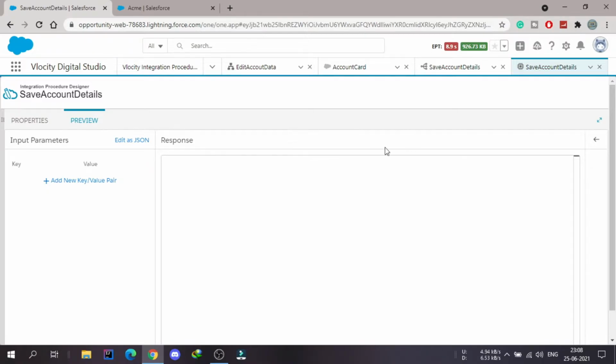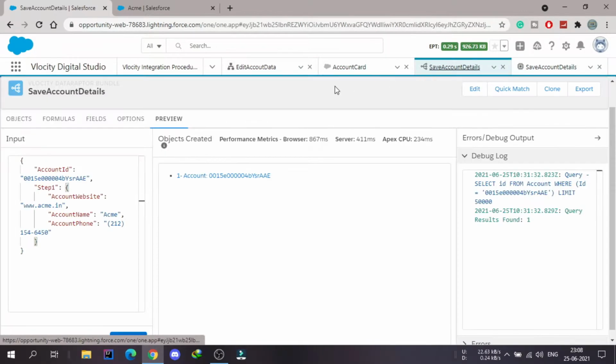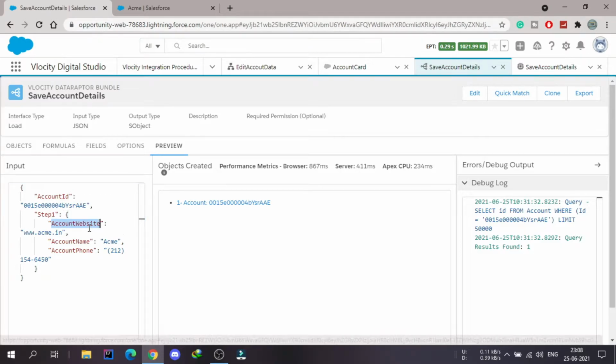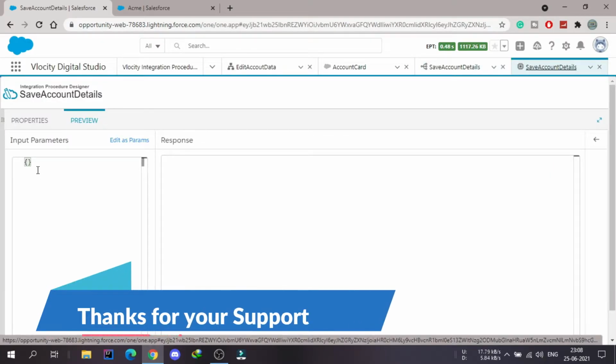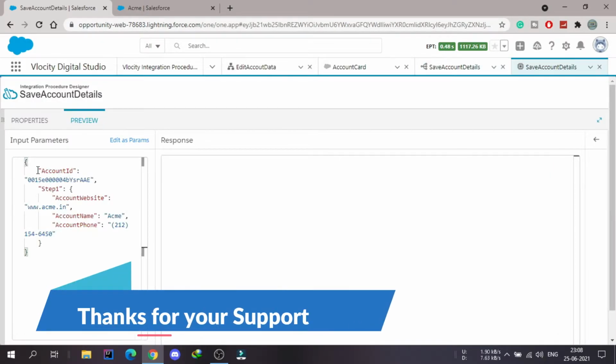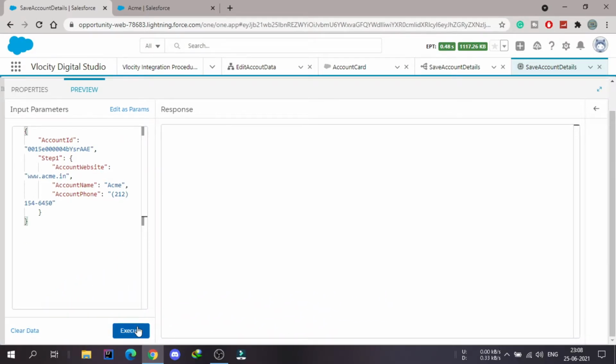So inside this preview I need to pass the JSON which is coming from the Omni script. So I will use the same Omni script which is there inside the data raptor. So I will copy the same JSON and paste it here. Once I paste this, and if I execute this,